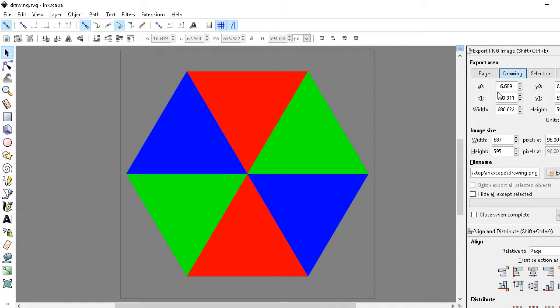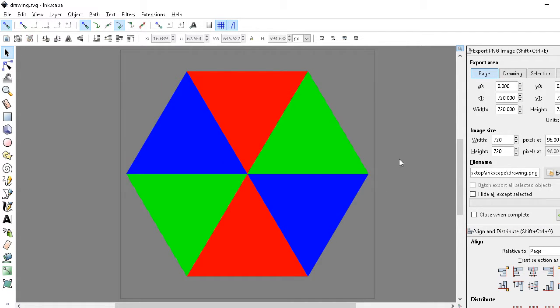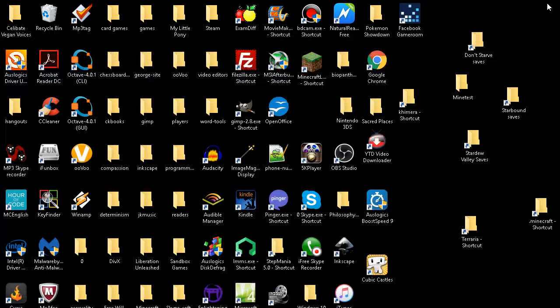And here's the important thing. It has to be the page. The image size is 720 by 720. I just really like that number, and that's a very good size for that. So I'm going to replace whatever was there before, and then just to make sure that it worked right,